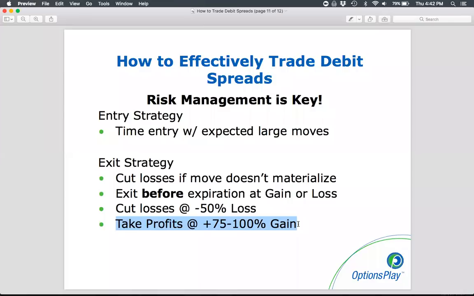But if you're trading 4, 5, or 10 contracts or more, you can always take partial profits at 75 or 100 and then leave a partial of your position on so that you can try to make that 150, 200% return, which is very possible on these debit spread trades. So those are the rules of thumb for what you should do when you're using these types of debit spreads